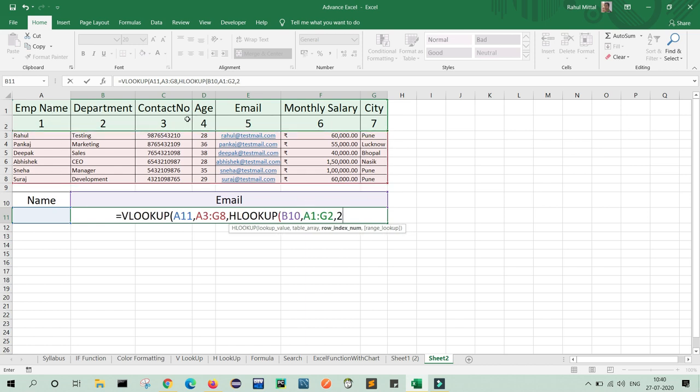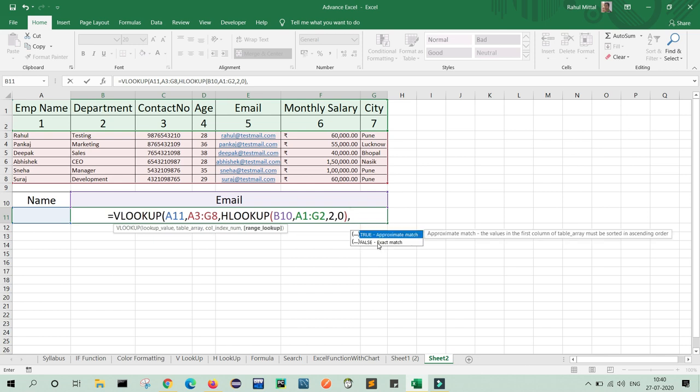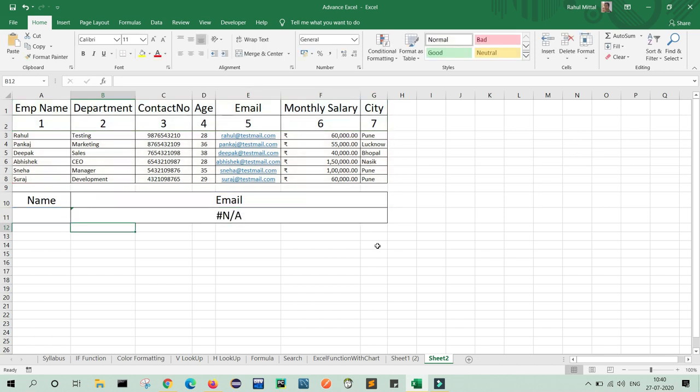2 is for department or anything you can select, comma, for exact match I will use 0. I will close the bracket, again I will use comma, and for VLOOKUP I want an exact match, so I will use 0, and now we will close the bracket and press enter. Here it is showing NA because in the name field I didn't select anything, so I will write Rahul here,